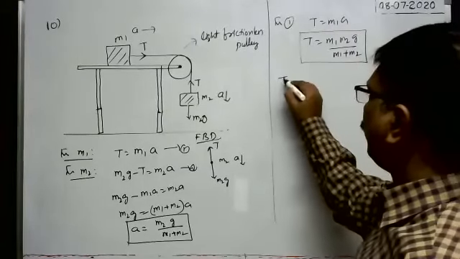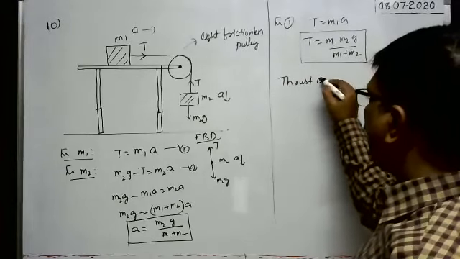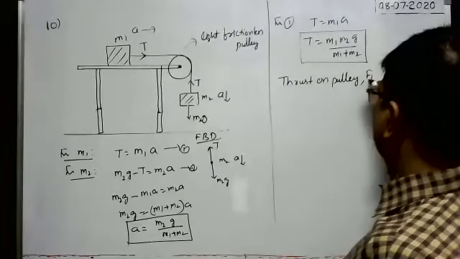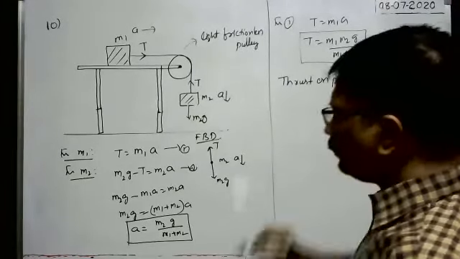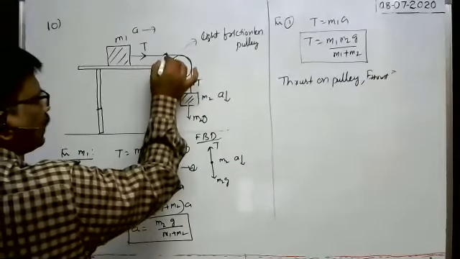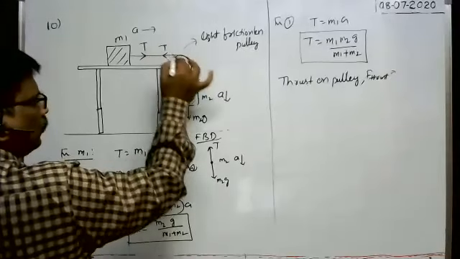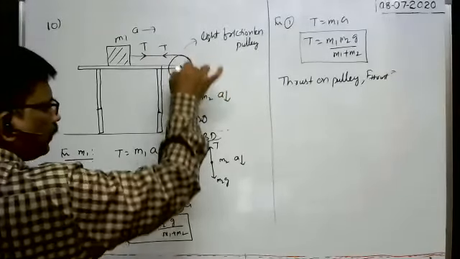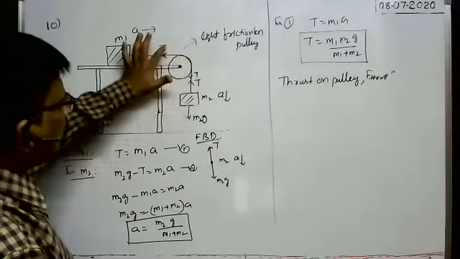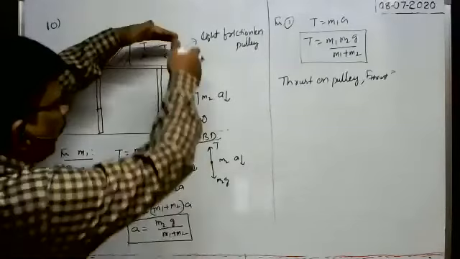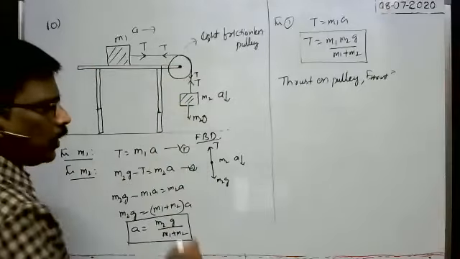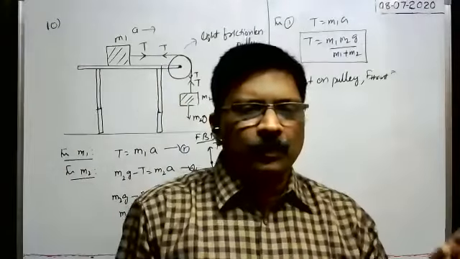Thrust on the pulley. F thrust is equal to... You see here, if the tension of the string is T, the same tension acts away from the pulley in this direction. The same tension acts on the pulley away from the pulley in this direction. That means two perpendicular forces T and T act on the pulley exactly in this direction. The resultant of these two is equal to root of T square plus T square. Whenever two forces act on a particle perpendicular to each other,